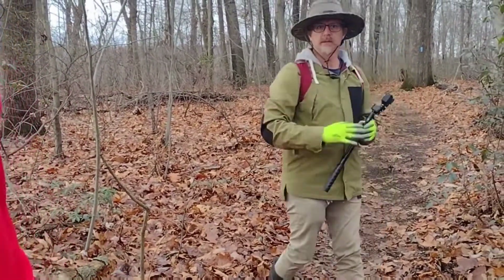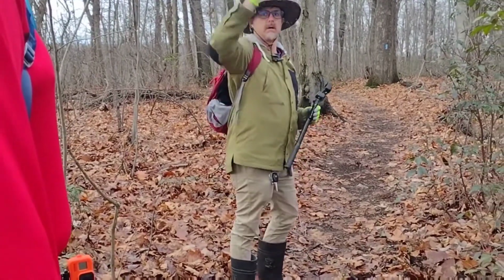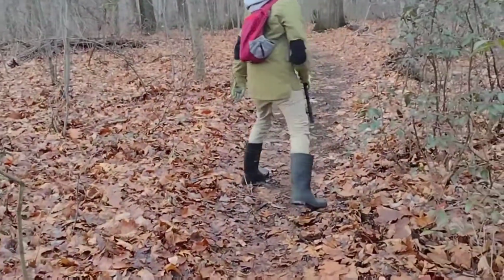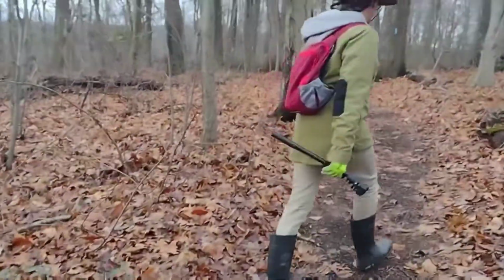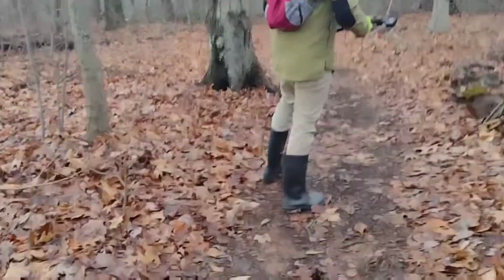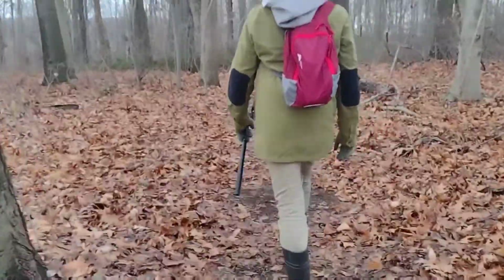Cool. So it goes like this. It's crooked like this. Oh wow! And there's other ones up there too. There's like a little patch of old growth that somehow escaped the...